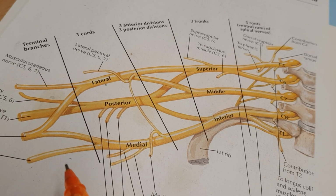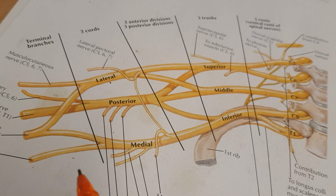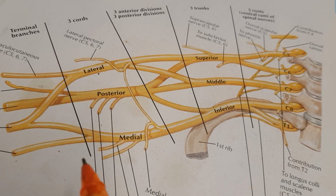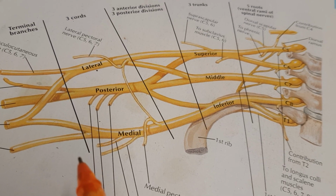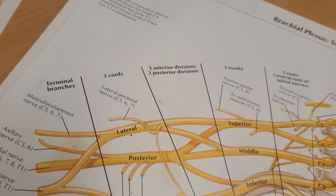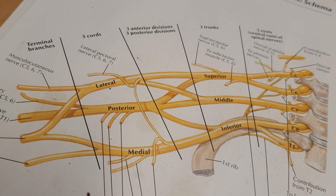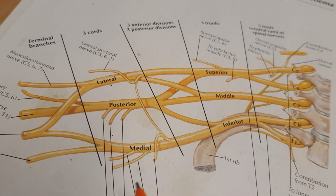That was the anatomy of the brachial plexus. Next, what are we going to do? We're going to look at the injuries, the different injuries that affect the brachial plexus. So it's just the foundation that we are laying. Then we're going to look at the injuries that happen to the brachial plexus, like the one that happens during birth, where the child's shoulder will be trapped and then the brachial plexus will be injured,